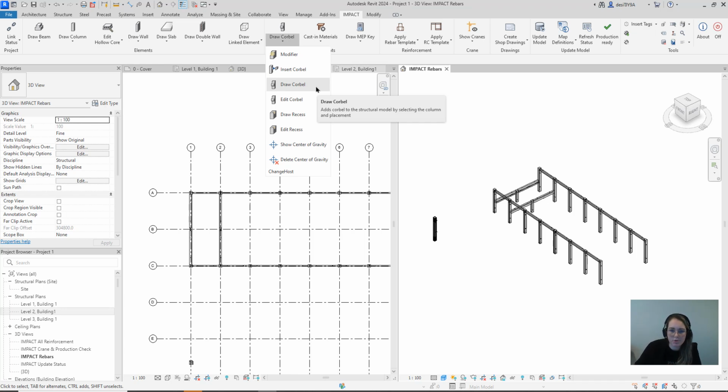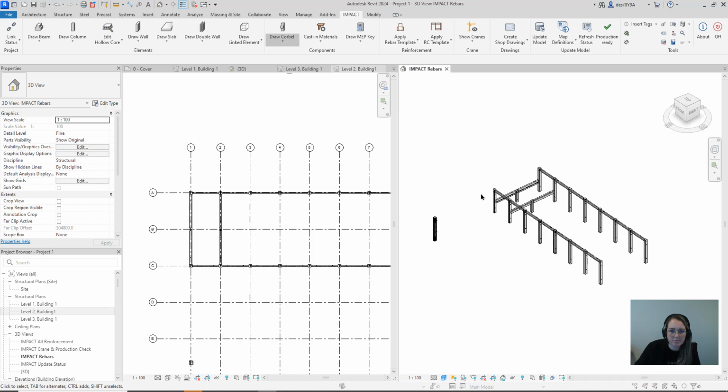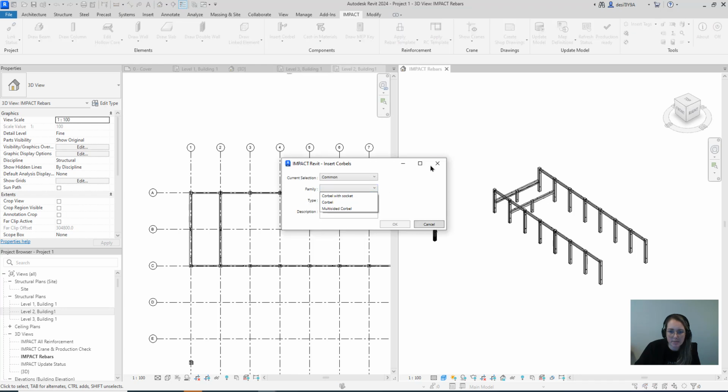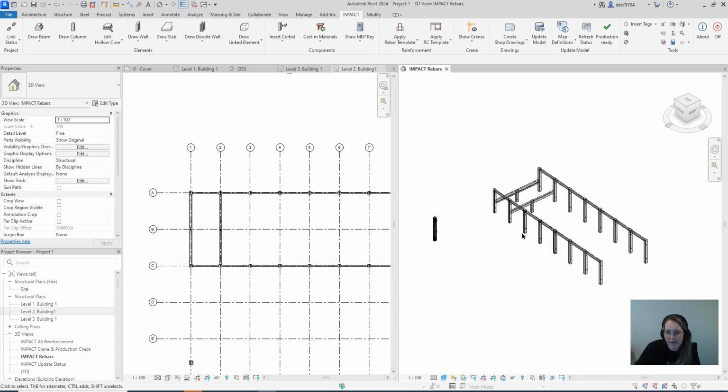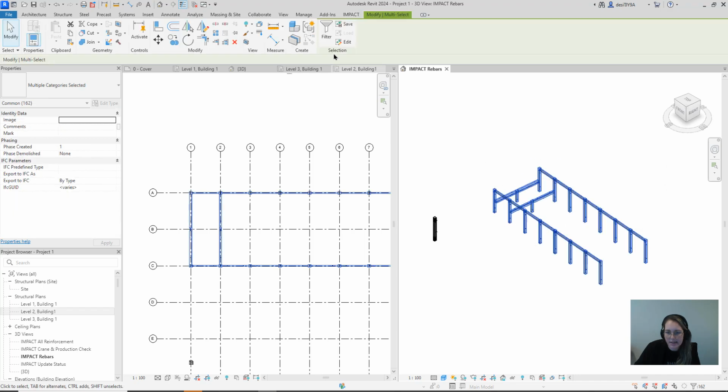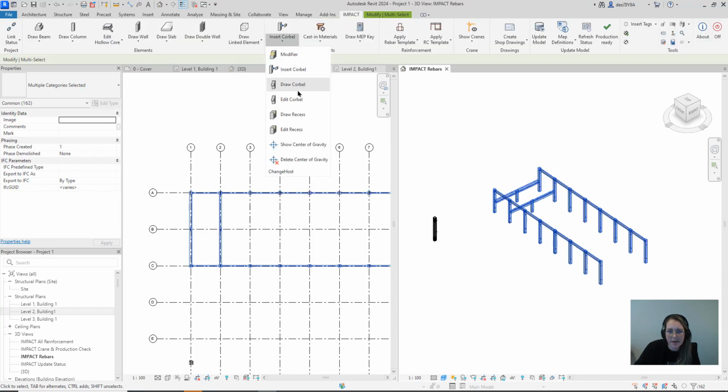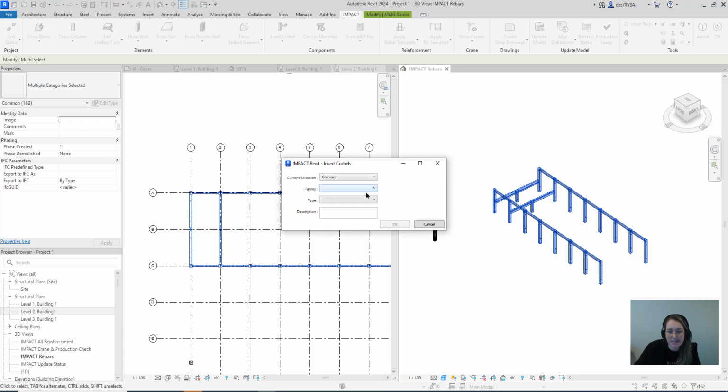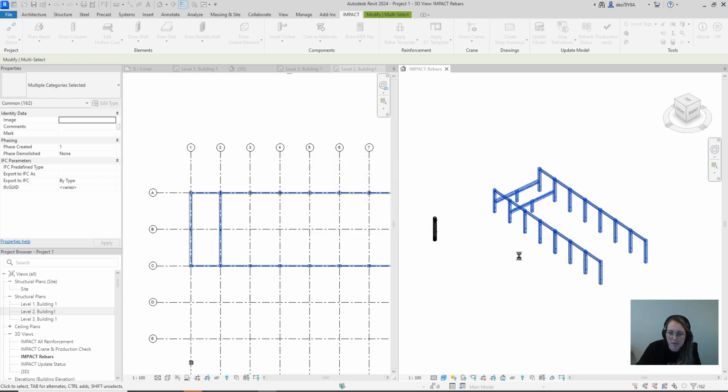But if you are going to draw corbels in a structure like you have in here, I would say select the structure and let Impact detect the intersection between a beam and a column, because then you can choose the family and just insert it. What Impact is doing now is taking the corbels everywhere